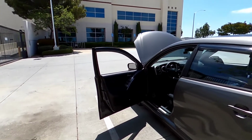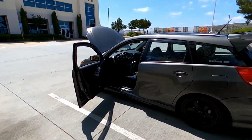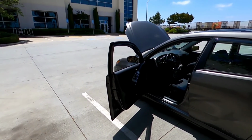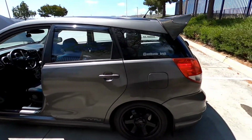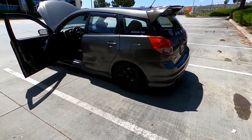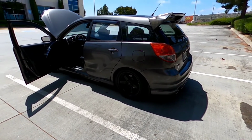Carbon fiber hoods, they still make some new. Just two companies, I think VIS and AIT, are the only ones I know that still make them new. You're going to pay $1,000 plus tax for a carbon fiber hood. Selection, you've got a good selection of coilovers, so I'm not going to bag on that. Trying to think what else. Aftermarket support,